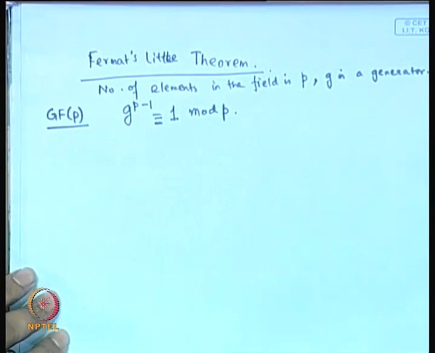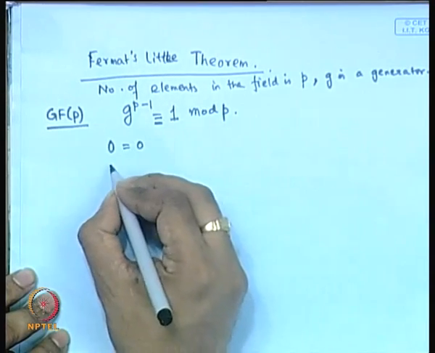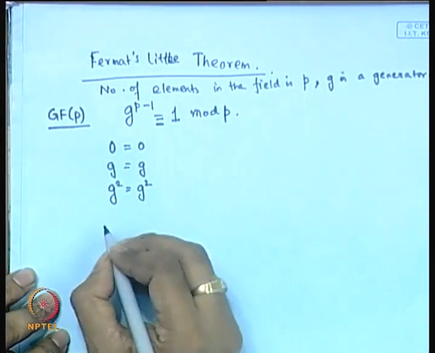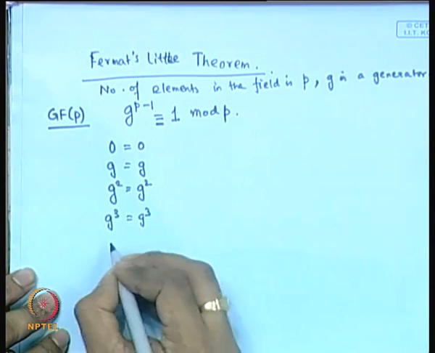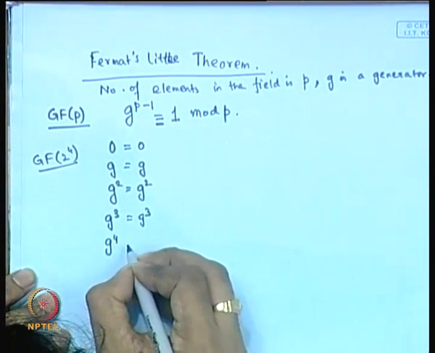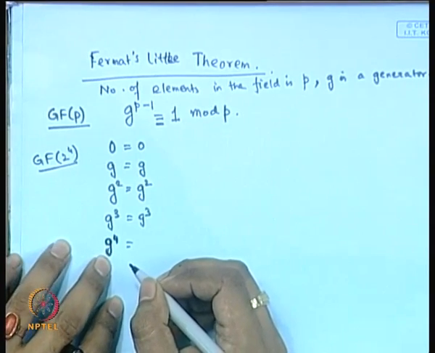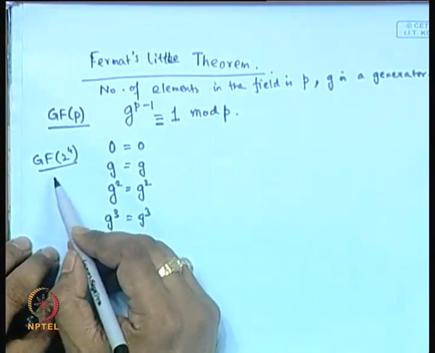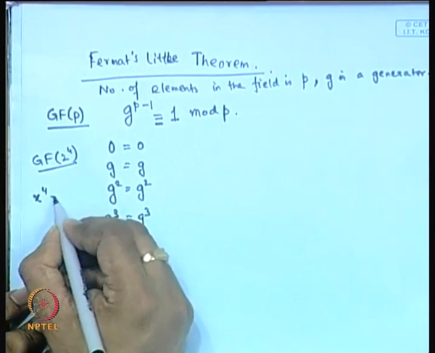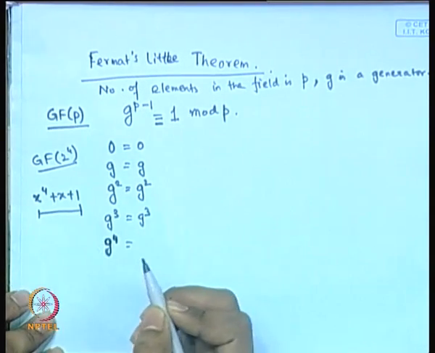So that means if you consider all the elements: 0 is 0, G is G, G square is G square, G power 3 is G power 3. But for example, if I consider the field GF(2^4) and take G power 4, we have a problem of overflow because G power 4 cannot fit in the field GF(2^4). So we require a modulo operation, and therefore if I take, say, x power 4 plus x plus 1 as my corresponding irreducible polynomial, which we have already seen,